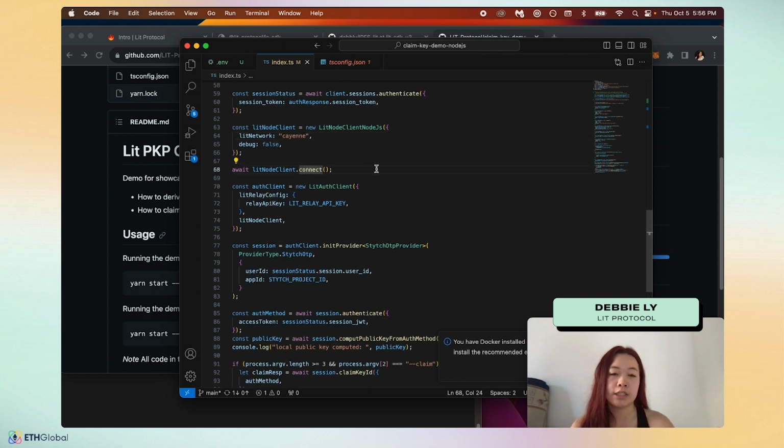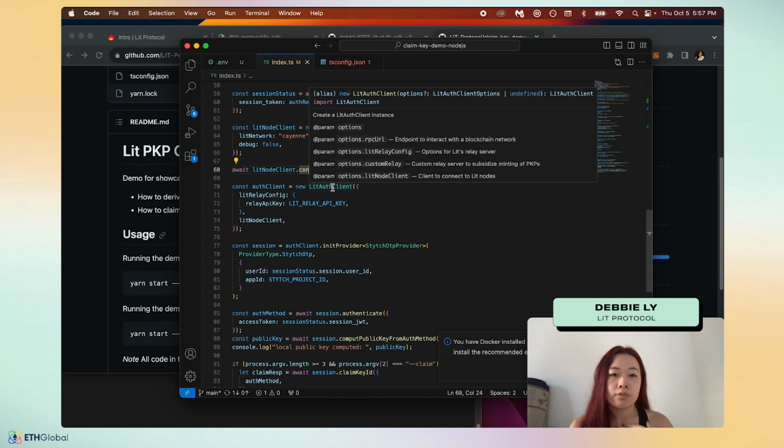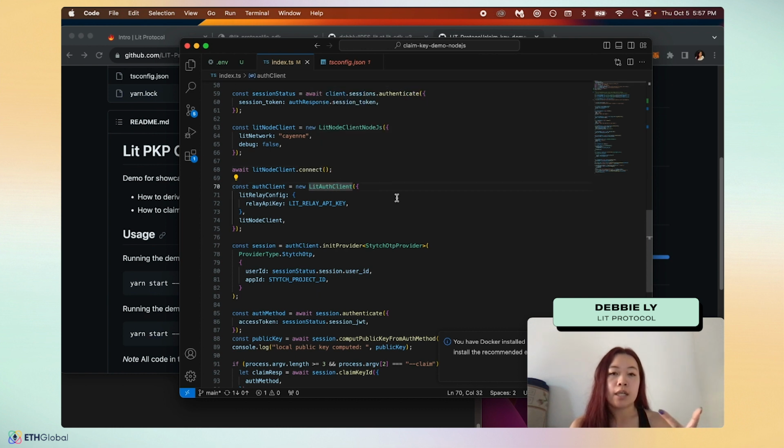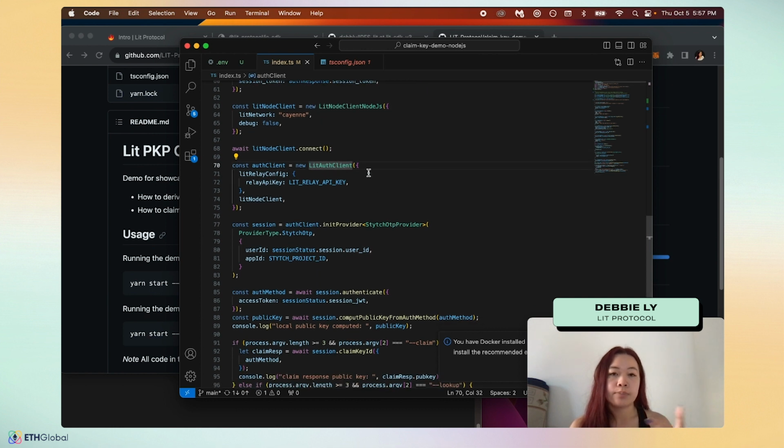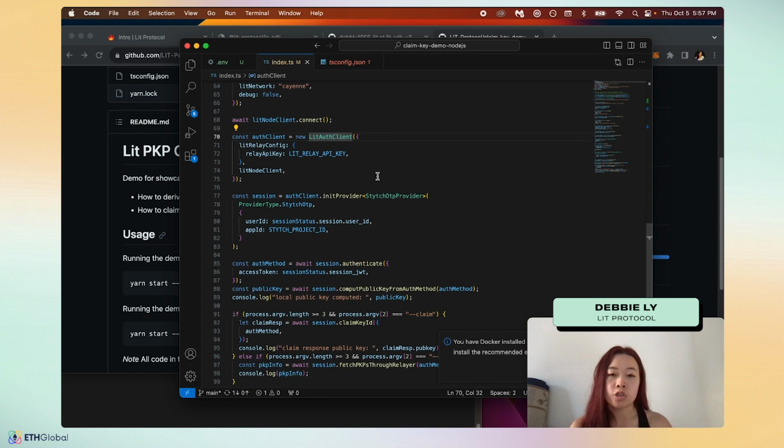So then we connect our Lit node client, which is essentially connecting to the Lit nodes, and we want to wait for this connection to happen because that's how we'll be generating these Lit specific parsers calling the Lit nodes. And then from there, we initialize the Lit auth client, which will help us actually generate a